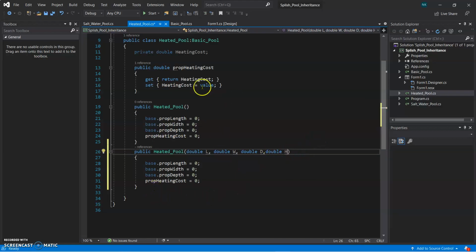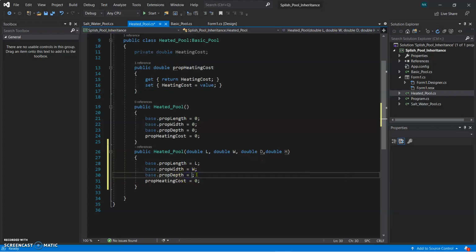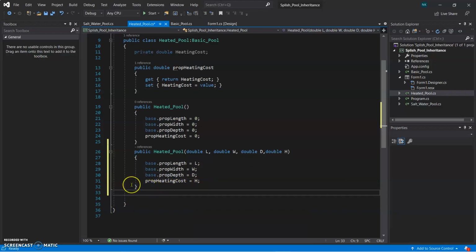Okay, so now with this class we are done. Okay, we need to rectify this one, these are wrong. Now we put this L for length, capital letter L, and then this W here, and then D here. We will assign this D here and assign H to this one. Okay, we are done now with the parameterized constructors, and now let's go to our method where we are going to